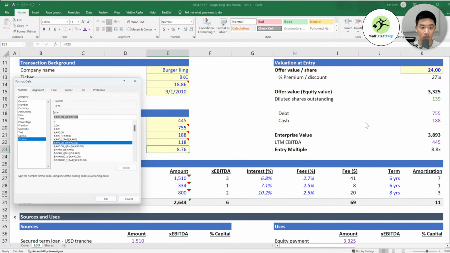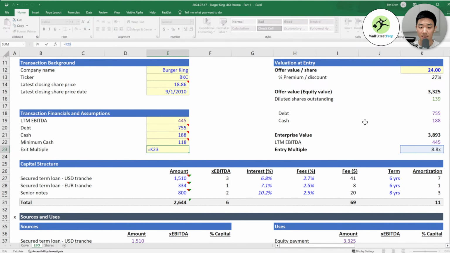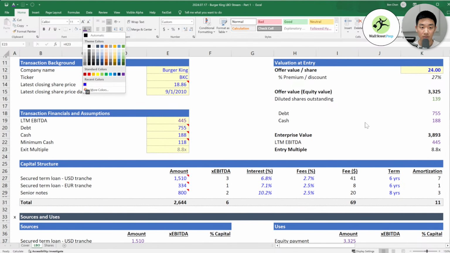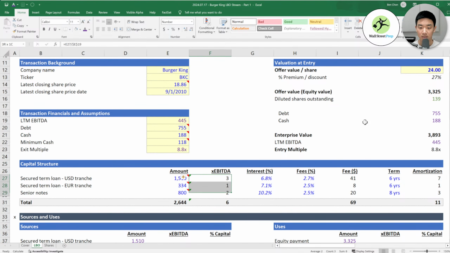Obviously that's something you might want to change later, but normally a good conservative assumption is that you're going to exit at the same multiple. The reason is that multiples always change depending on the market, and you don't want to assume it's going to get higher, right? That's out of your control.